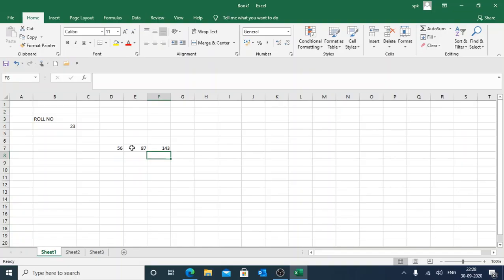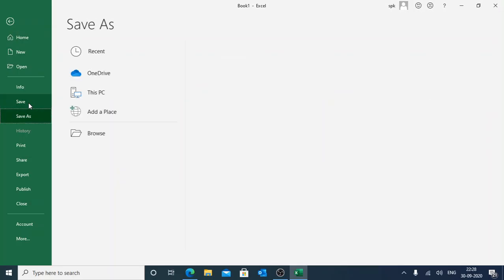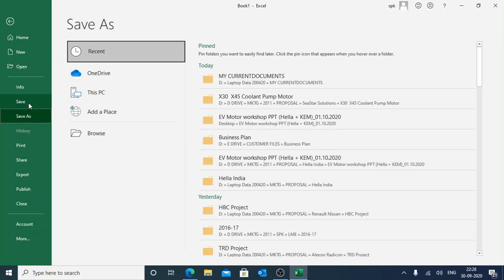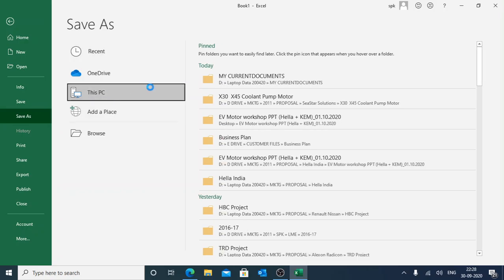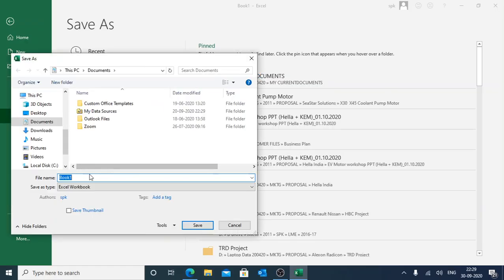Now we'll see how to save this file. You have to go to File and click on Save. You have to choose where you want to save your file. Suppose I'll select here This PC, Documents, and then I'll give a name to my file and click on Save.